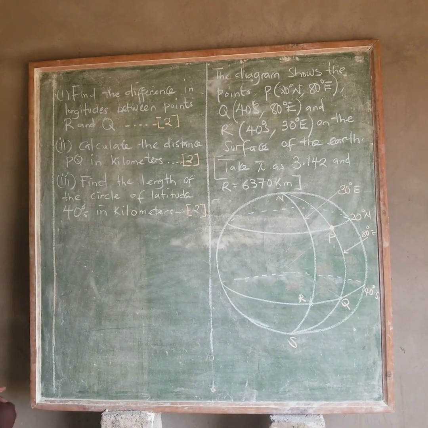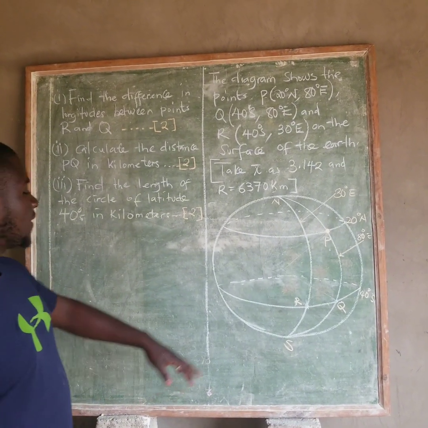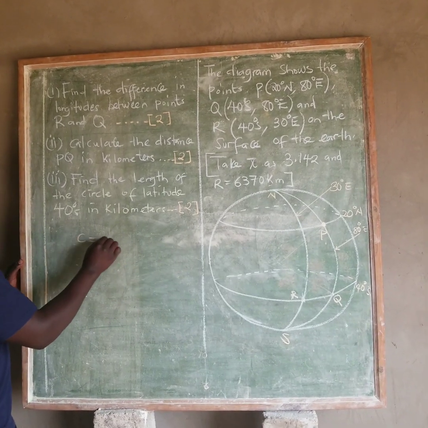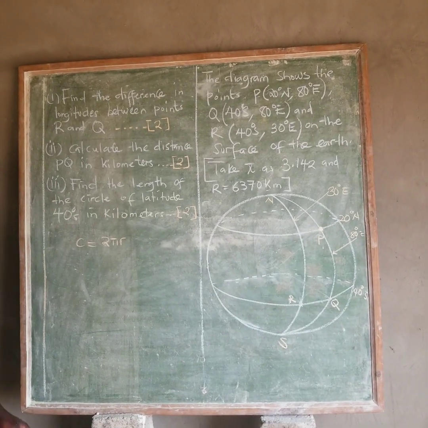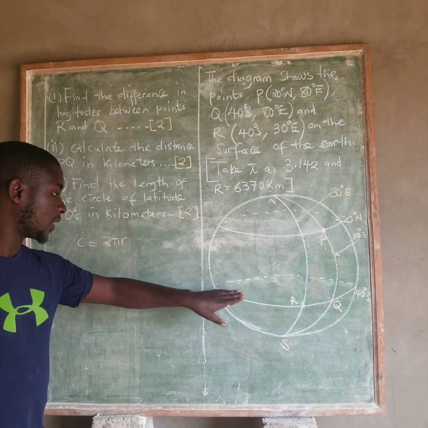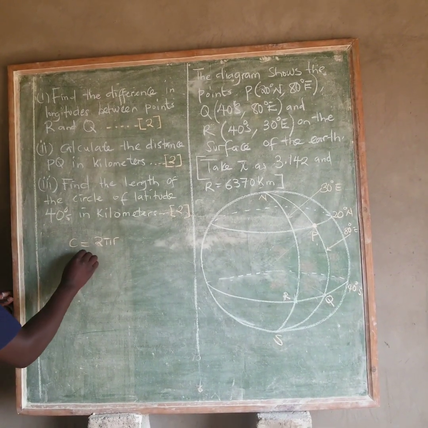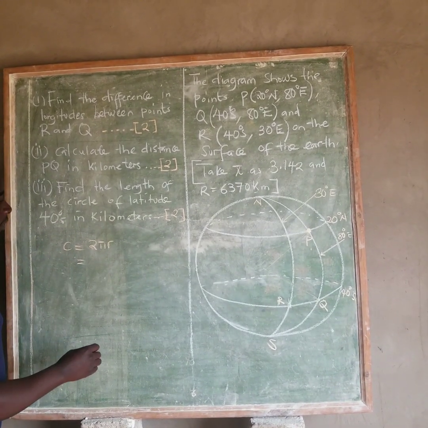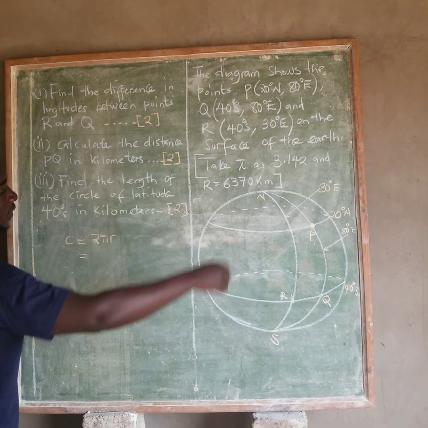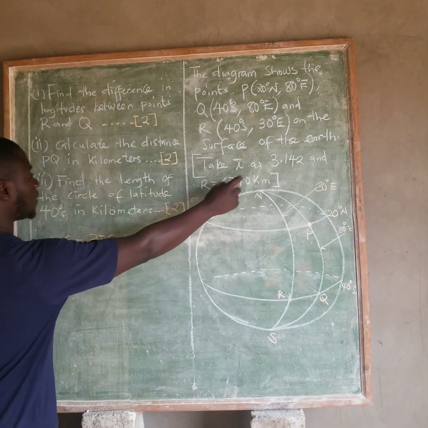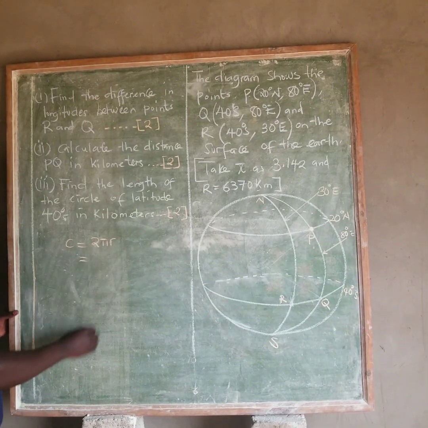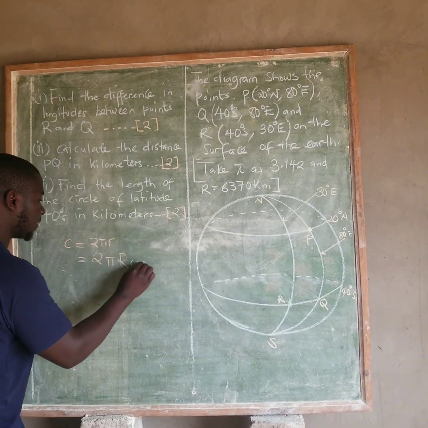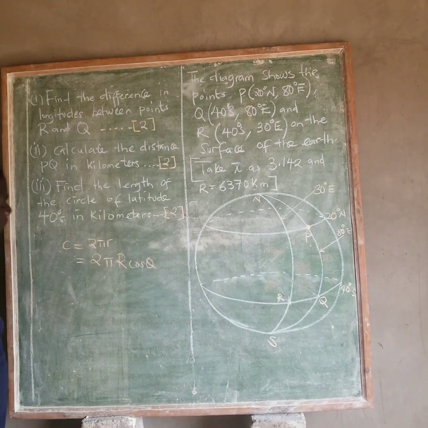So the length of a circle of latitude: if they say length of a circle, they mean the circumference, and we all know that circumference is given by 2 pi r. Now this is a small circle. We don't know the value of its r, but we know the value of the big R, the radius of the earth. So here, instead of 2 pi r, we're going to use the big R cos theta. We're going to use this formula to find